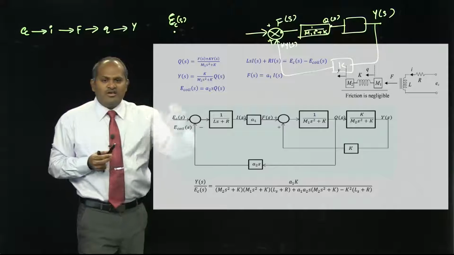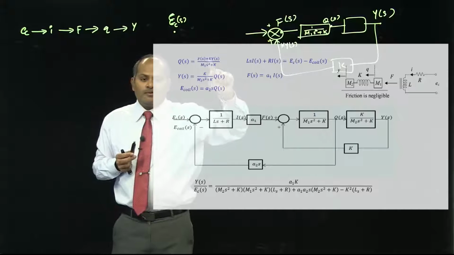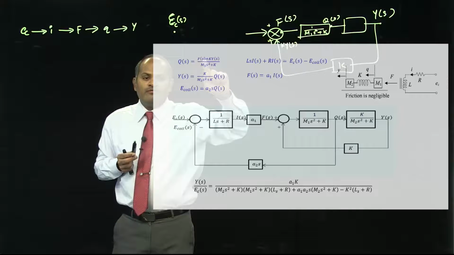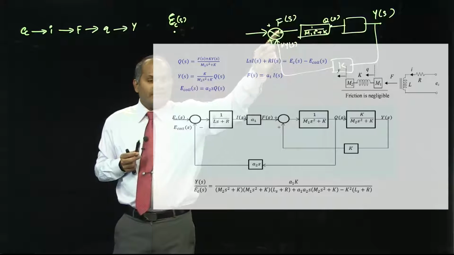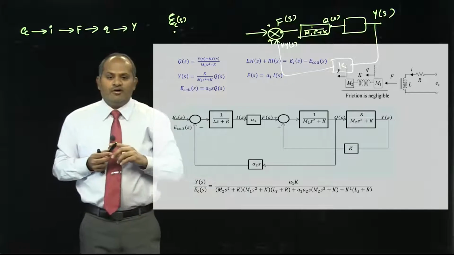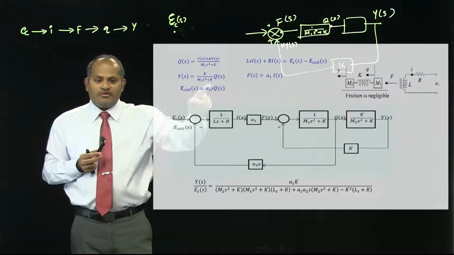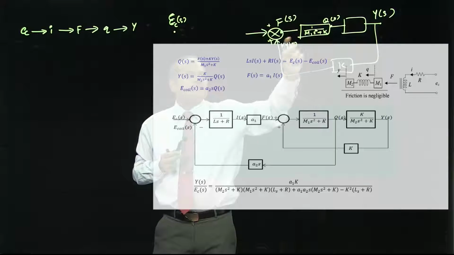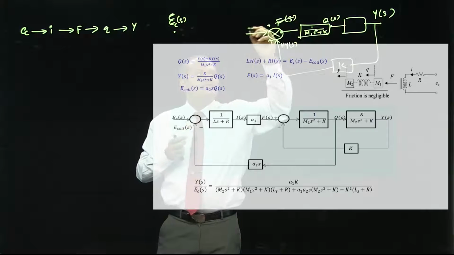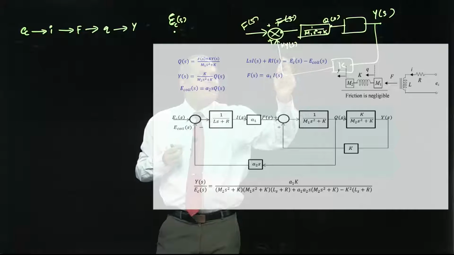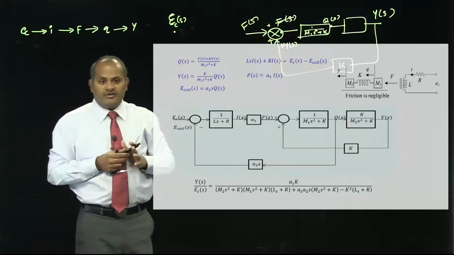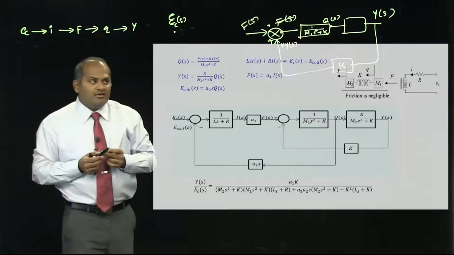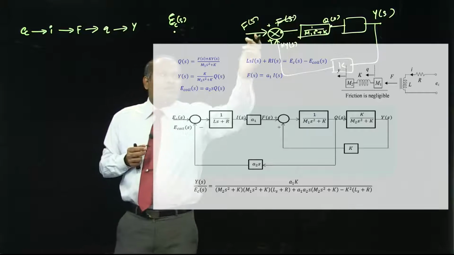So, this is where some students may have the problem. When you relate q to f, but you have another output k y of s. So, that is what happens. That means q of s is equal to 1 by m1 s square plus k, and then f of s is here and then k into y of s comes here, that actually forms the q of s. Then I have my f of s here,